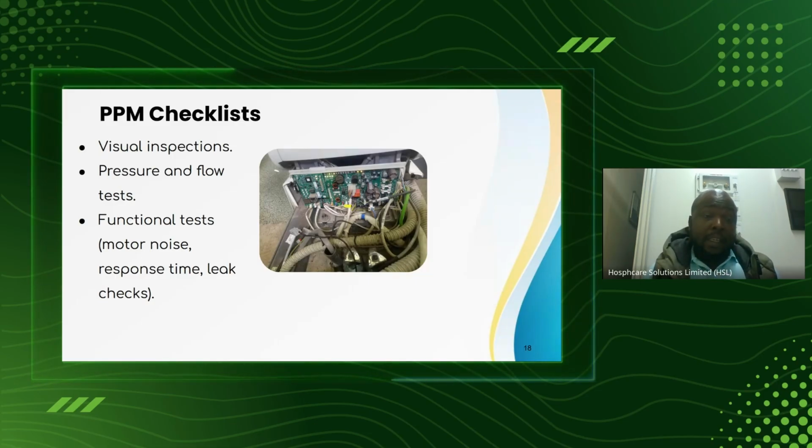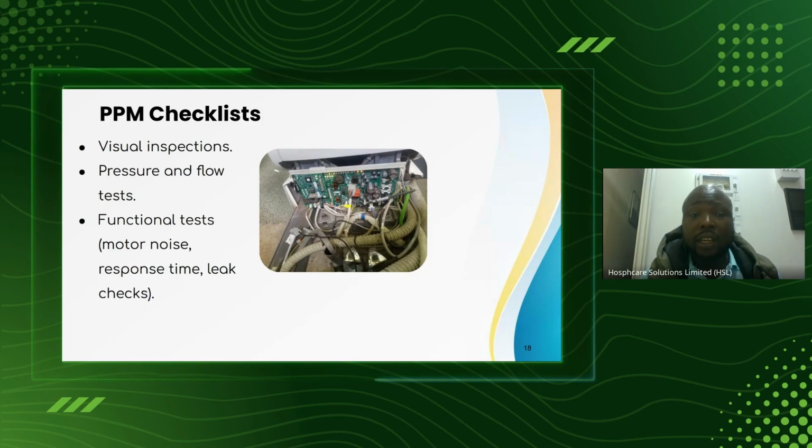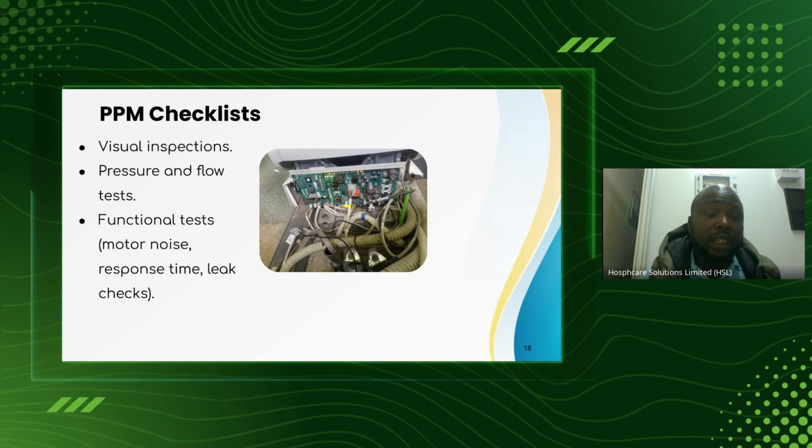So the input pressure to the turbine is supposed to be 4 bar. Something above that is actually killing the turbine by creating unnecessary heat. So the compressor pressures coming in should be from 6 to 8, and then you regulate it at the delivery point. So check the pressures, check the leak flow, check the leakage current from your control, do the functional test